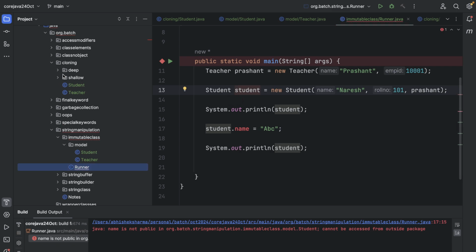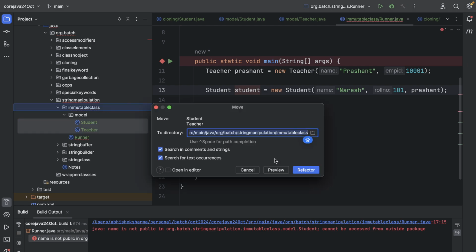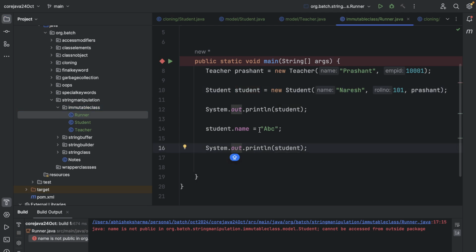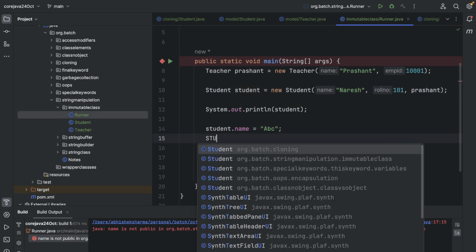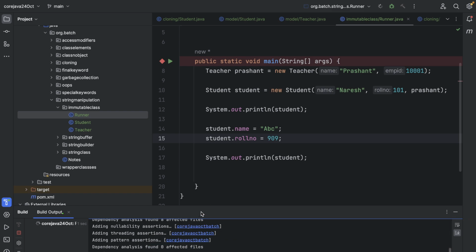To make sure this happens, instead of cloning, I have added this in the model, right? Student and teacher. I need to take this out. You can delete the model for now. Now it's ABC, right? And student dot roll number, let's say 909, and it's not a string, it's an integer. So if I run this again,